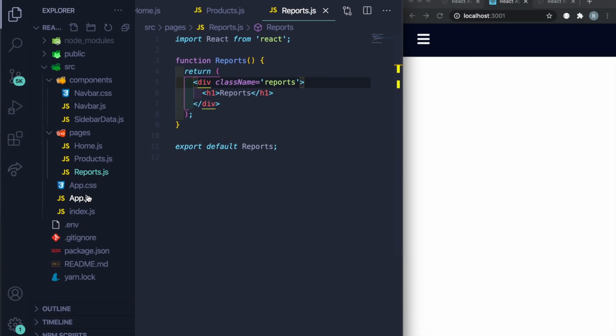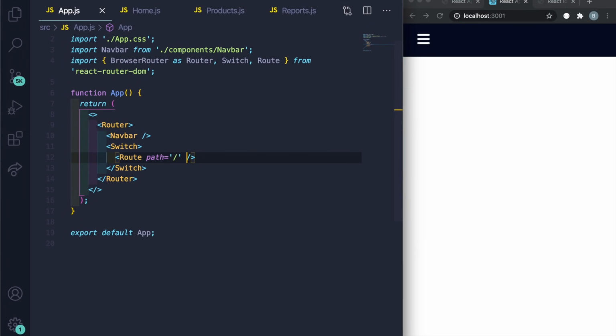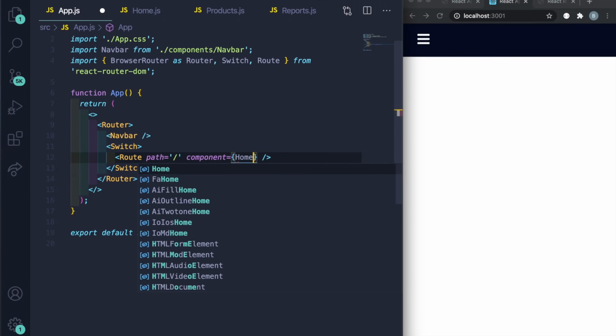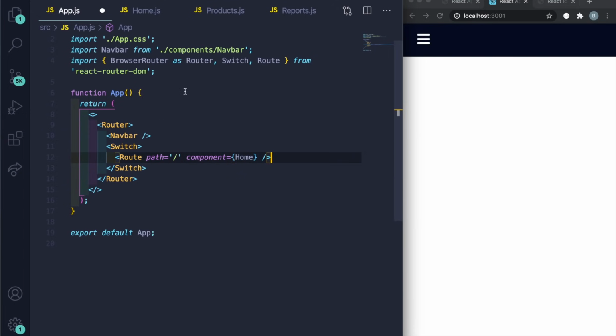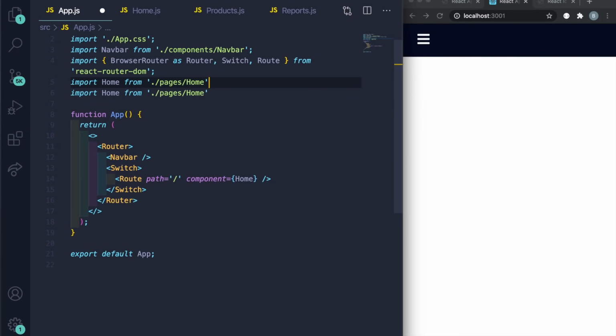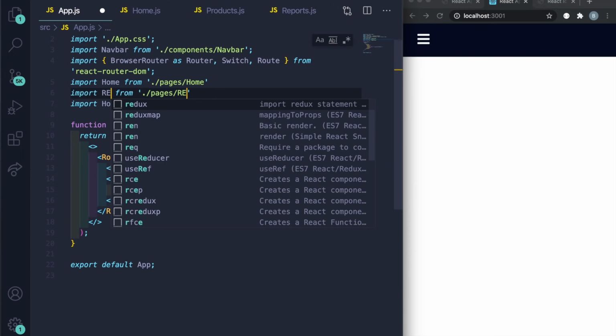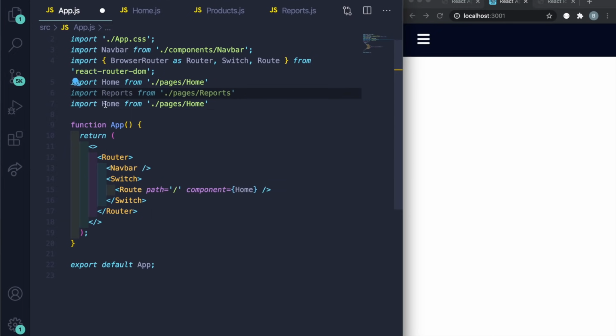And then last, let's go to app.js. In here, I'm just going to add the components. So I'm just going to say component, and I want that to be equal to home. And then I have to import this at the top. So I can just say import Home from /pages/home. And then I'm just going to do this two more times. Over here, I'm going to Command D again. Let's just say reports. And then over here, Command D this again. Let's just say